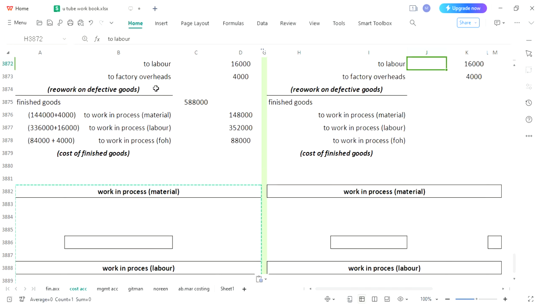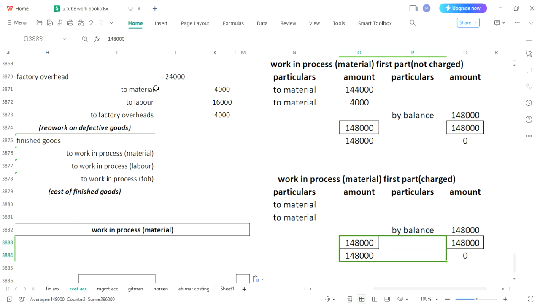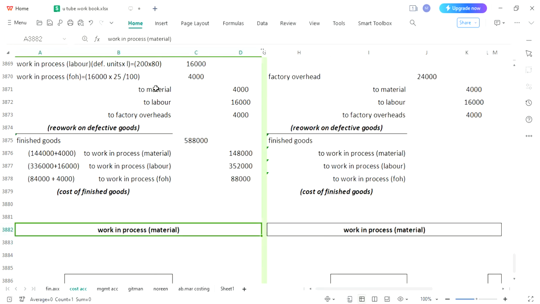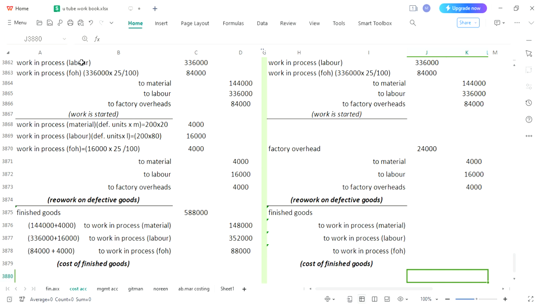And right now, since the lines were disturbed, I have made one ledger for not charged and one ledger for charged. Right now we will be completing it. This was your old calculation. For the second part, I was telling you that we don't have work in process more than once. So it means the first option we have used, work in process material debit, work in process material debit, both debit. So we have added the amounts of work in process material and written them over here, as you can see, without making a ledger. But here we don't have